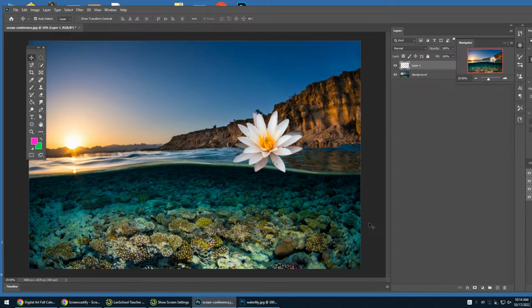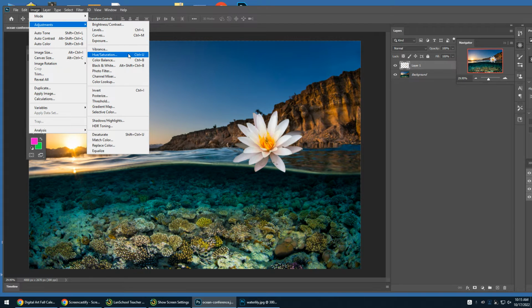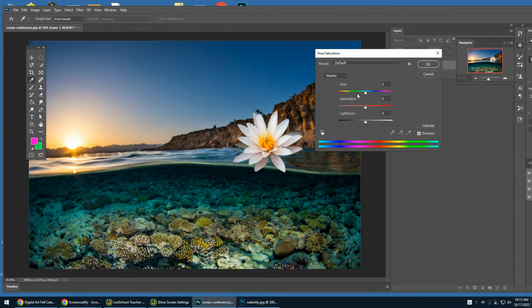All right, next, let's review. You're going to change the hue of your water lily. We know how to do this. Let's go to Image, Adjustments, Hue Saturation. All right, and you're going to adjust the hue slider. Now notice, because your water lily is mostly white, the hue that is changing is the kind of interior